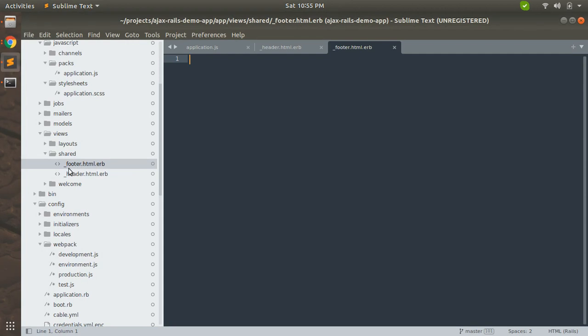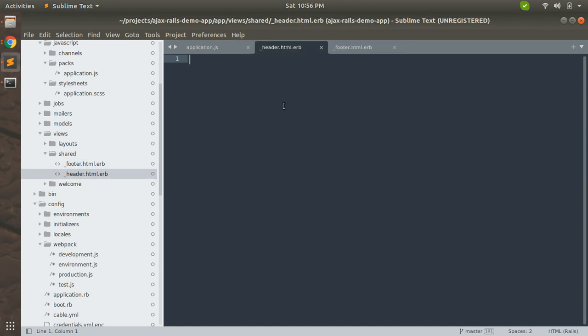You can see here that these file names start with an underscore character. Any file in Rails which starts with an underscore character is known as a partial template. Partials are a way of breaking the rendering process into more manageable chunks. Partials allow you to extract pieces of code from your templates into separate files and also reuse them throughout your templates. Going through the course, we will see how we use partials, because with Ajax we mostly make use of such partials.